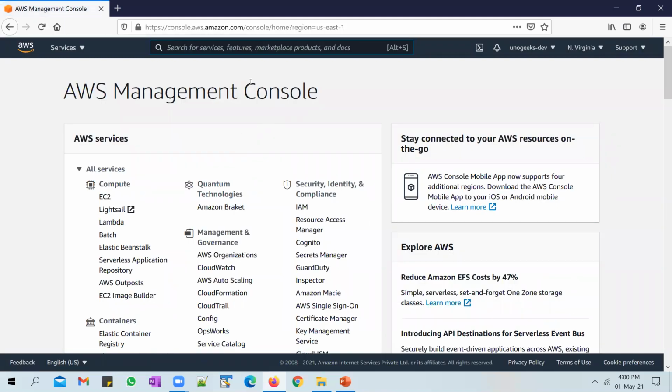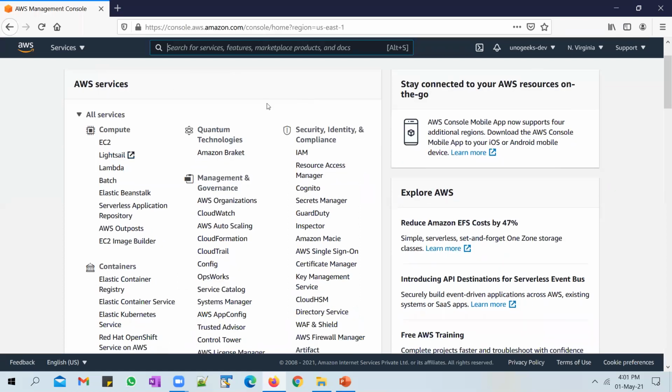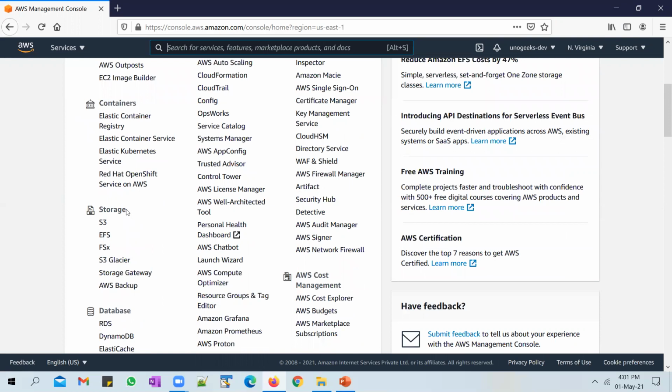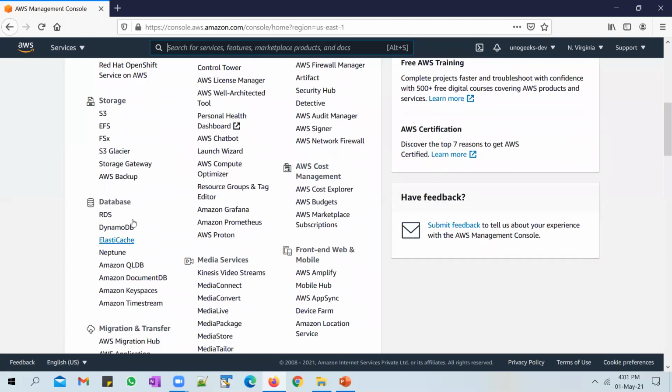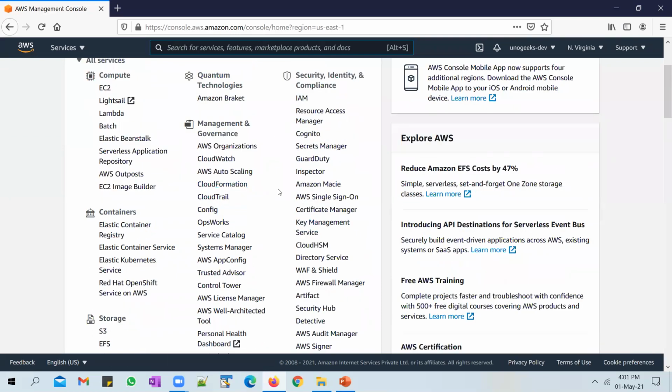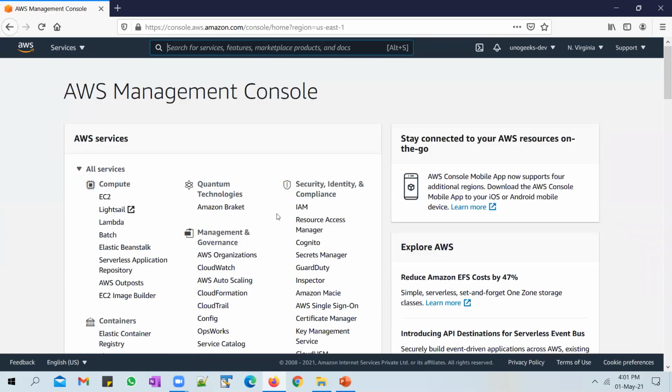This is the AWS Management Console, and this is where you can explore all the services that are offered by AWS. You've got a variety of services here, more than 100 of them. You've got compute services, database and storage services like Amazon S3. You've got a service which will help you create and manage users, called Identity and Access Management, IAM. We'll explore these services in the next few videos.